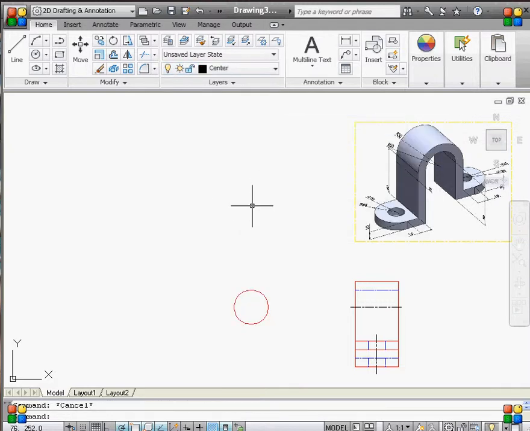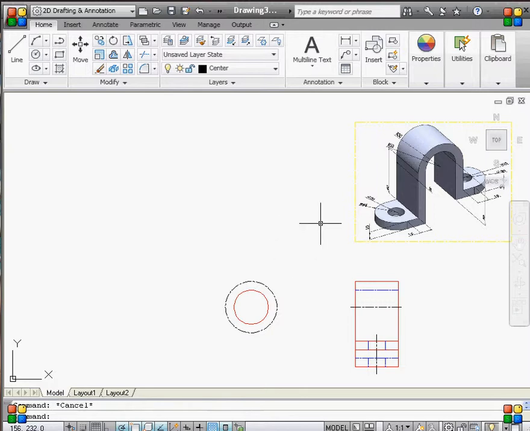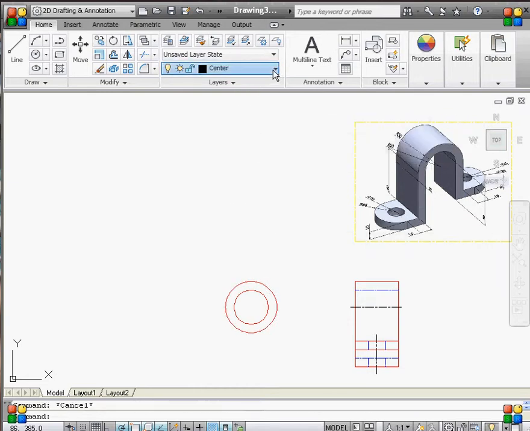This is visible line. So that's the lower arc, and then for the upper arc, it'll have the same center and a radius of 30. Oops, I'm still in center line. So move that to visible and then change this to visible. So there's the top arc,